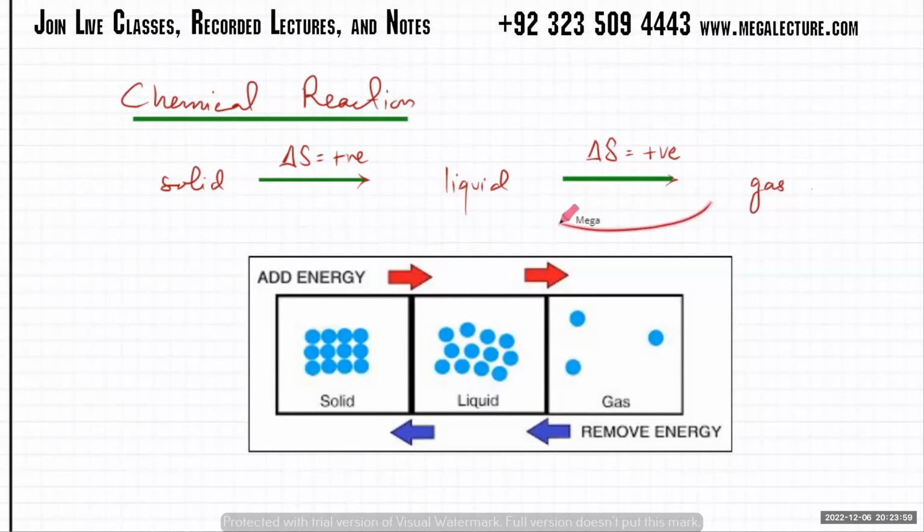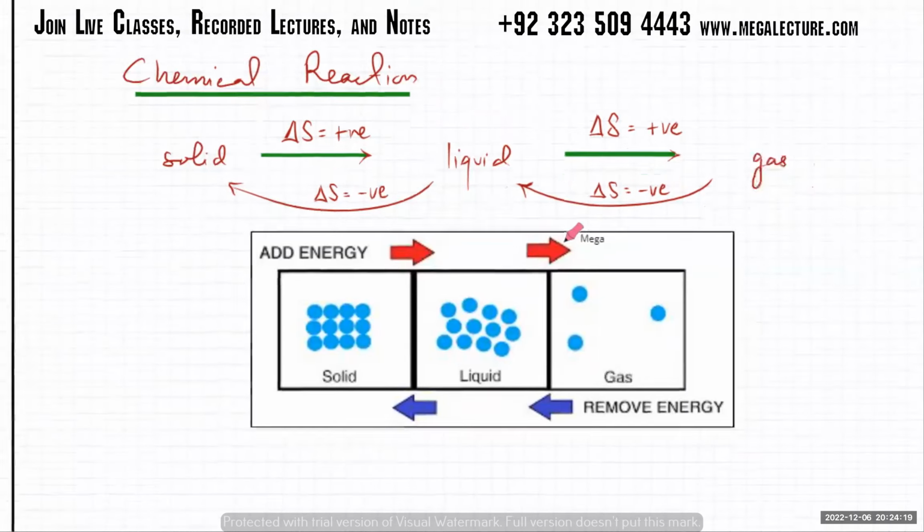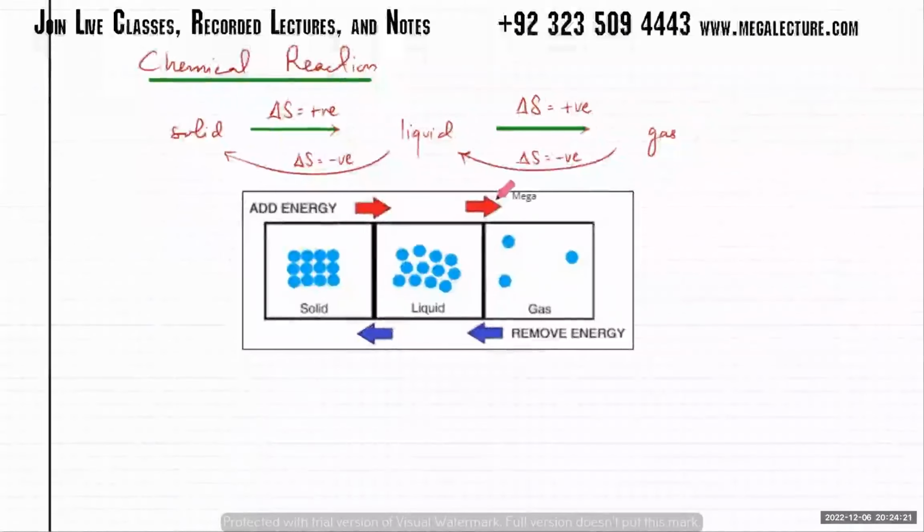So if you go from gas to liquid and liquid to solid, that will be delta S negative. Okay, you're going to become more ordered or less disordered. So the first thing, solid to liquid to gas, whenever you see that happening in chemical reactions,